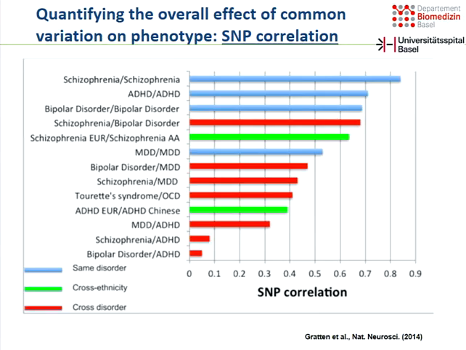And then you have this other view that you can have with SNP correlation. What's the correlation between disorders? To what extent do schizophrenia SNPs also contribute to bipolar disorder? And that is quite interesting. In particular, for schizophrenia and bipolar disorder, the overlap is really strong. More than 60% of the SNPs overlap between these two conditions. And that was something that we did not expect 10, 20 years ago.